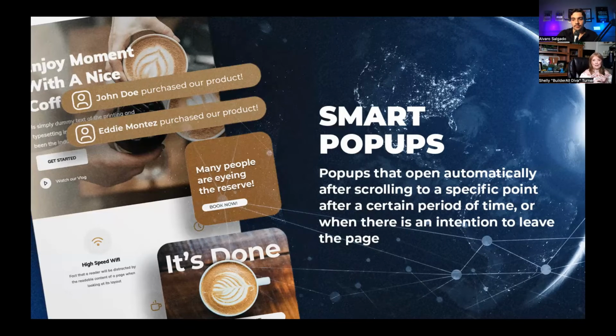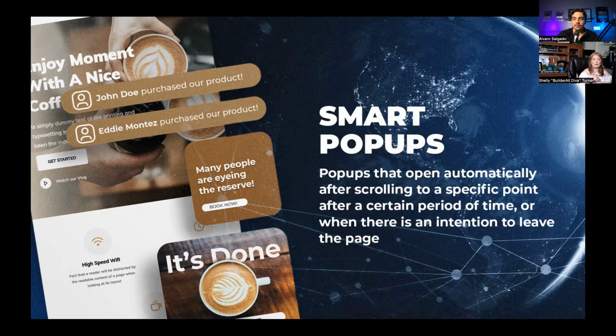And the cool thing about this one is you can create some global pop-ups where you create a pop-up and you can use that one pop-up on one page or as many pages as you want to. So that's pretty nifty as is. But then we've got the pop-ups that are triggered by different methods.